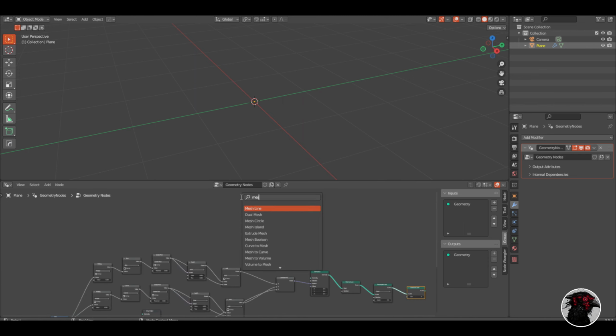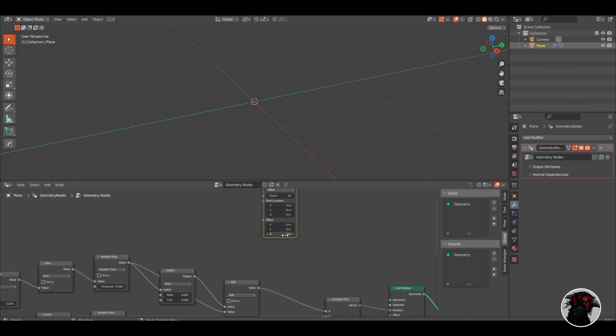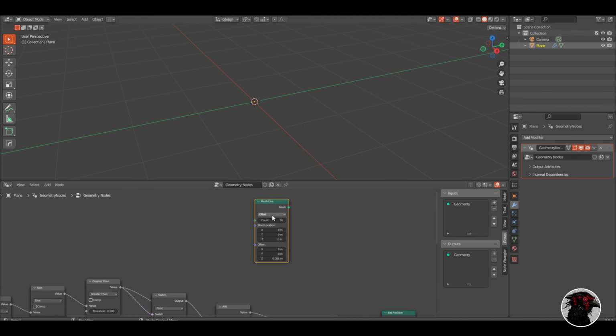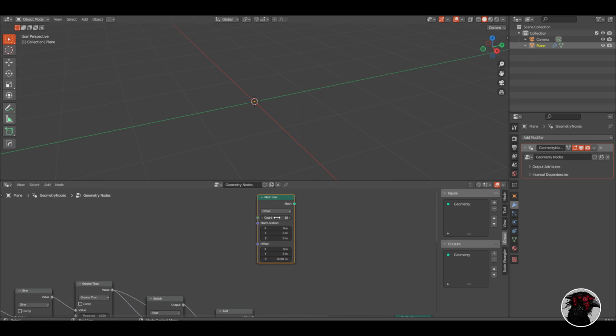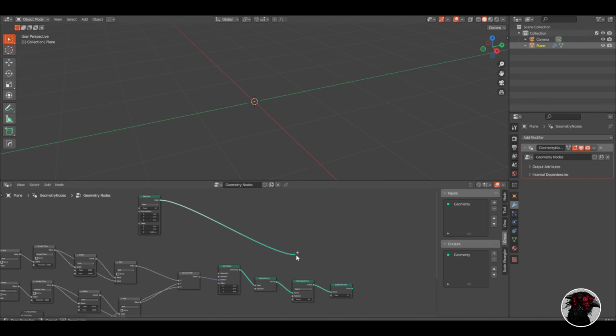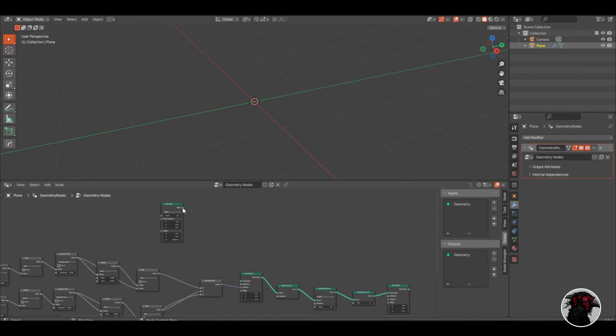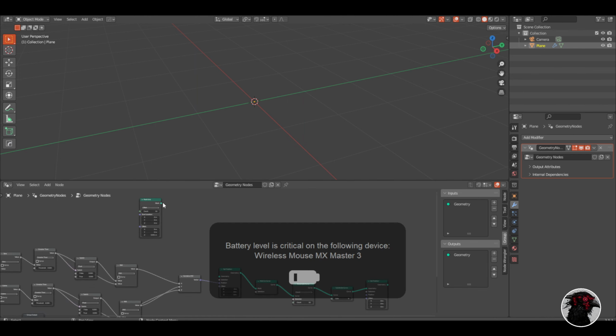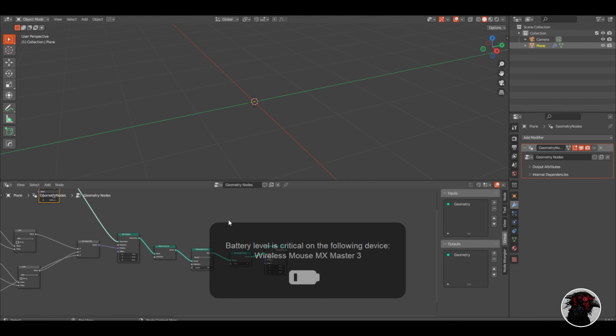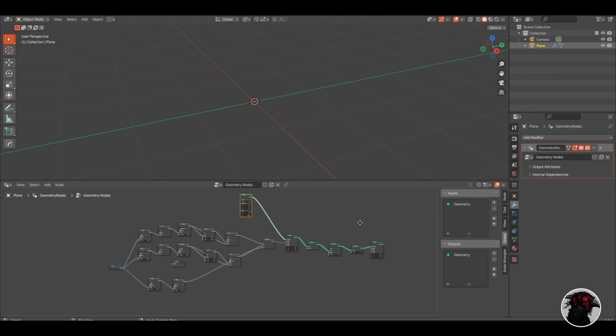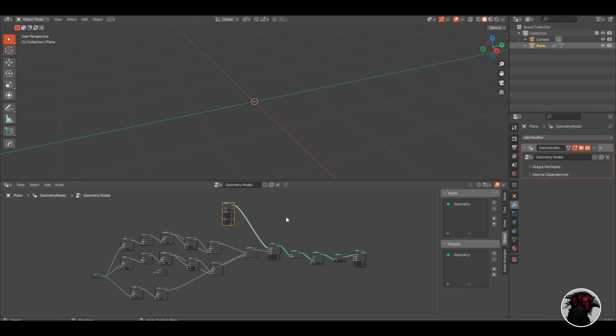And to create the geometry itself, let's create a mesh line node and set the z value to something very low, like 0.001. And the count we're going to drive with the geonode, so let's leave it like that for now. And now we can connect the mesh to, first let's create the set position node, and let's plug the mesh line to the geometry here. Now this concludes the shape and stretching of our spring, and now let's move to defining the shape